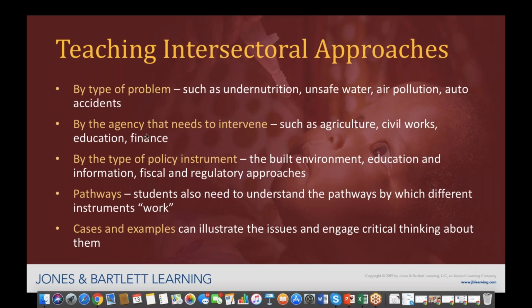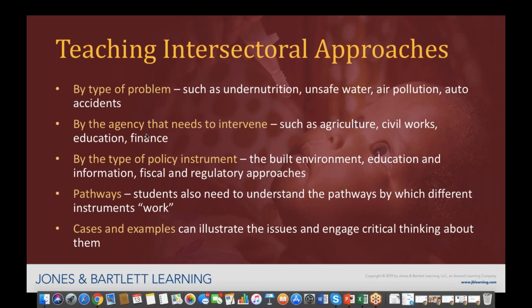If obesity has something to do with the spaces for exercise, especially in large cities, and whether or not people perceive them to be safe, what's the extent to which we need to worry about the built environment and who's responsible for that? Everything has to do, we know, with the single best investment in development overall, and that's the education, especially of the girl child. What are the many roles that the education ministry might have to play if the leading health problems among our poor people are really to be addressed?